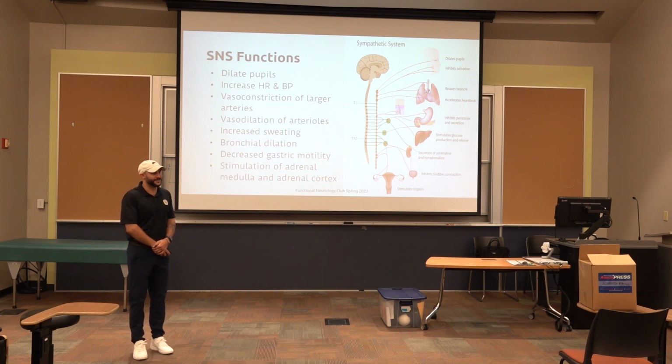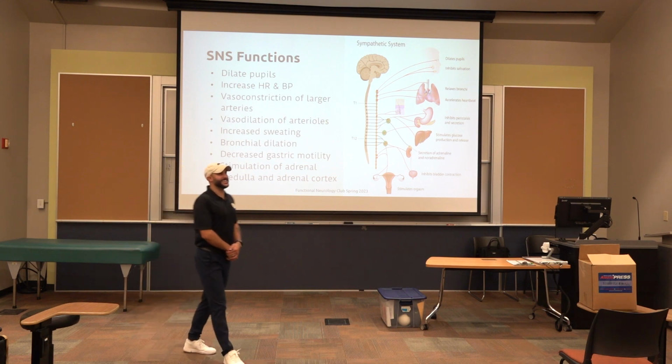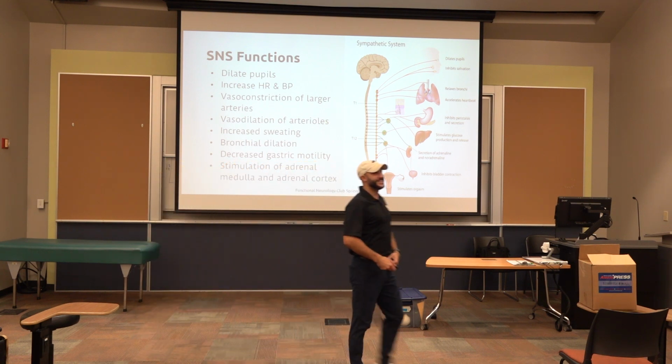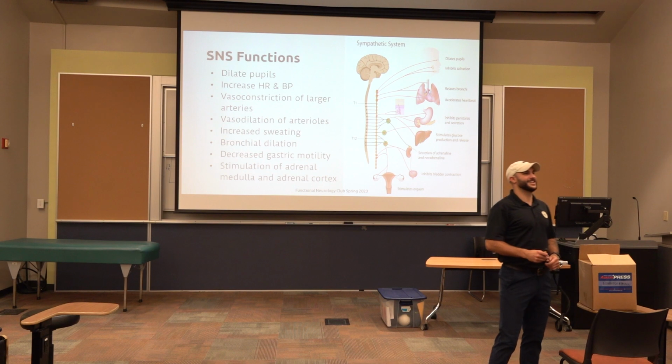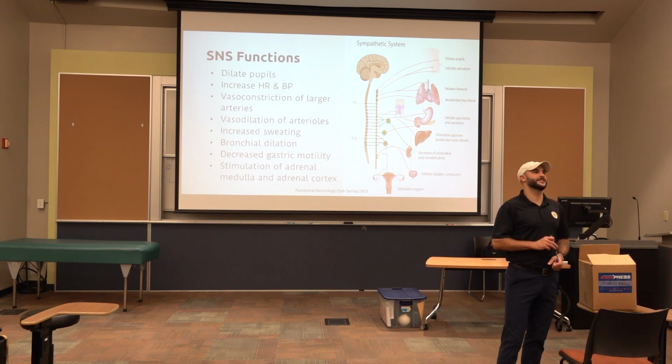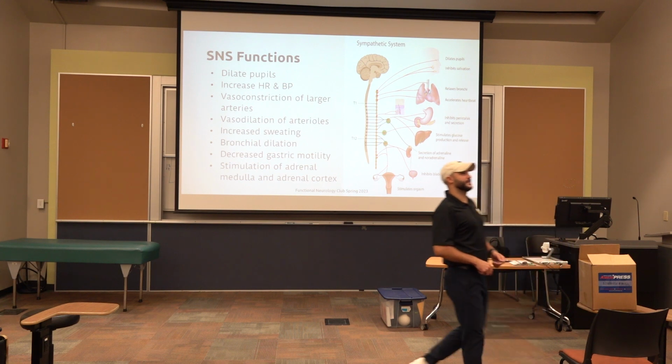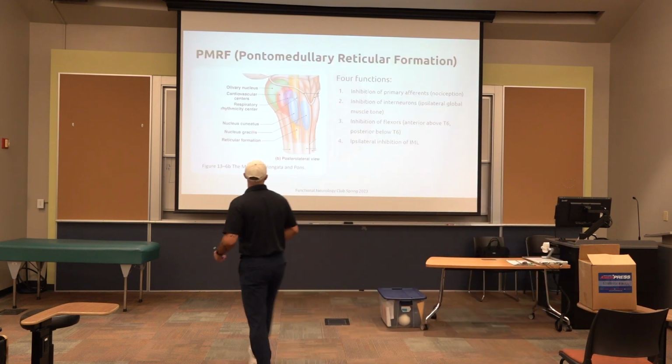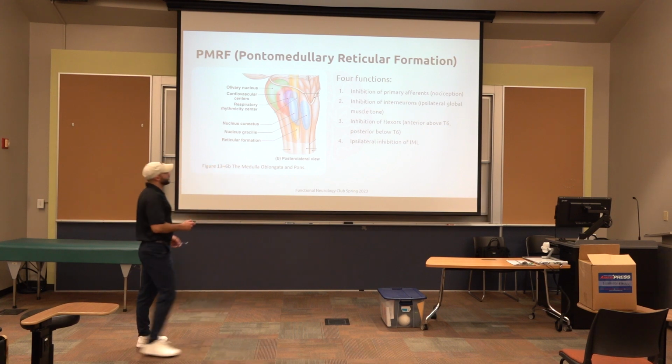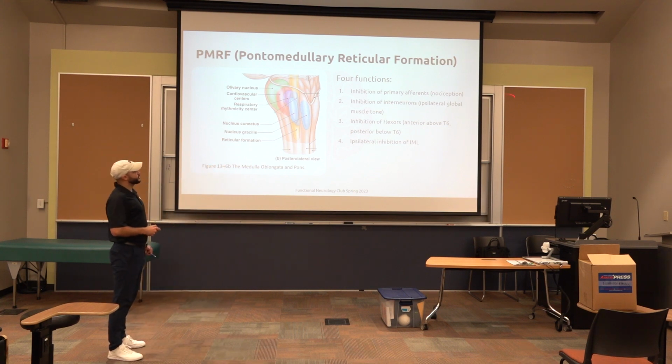Or one of them? I'll take one of them. Inhibition of pain. Okay. Inhibition of anterior muscles above T6, good, and posterior below T6. Yep. Inhibition of inhibitory interneurons. Yes. Inhibition of something else. You got it. So inhibition of pain, inhibition of interneurons,